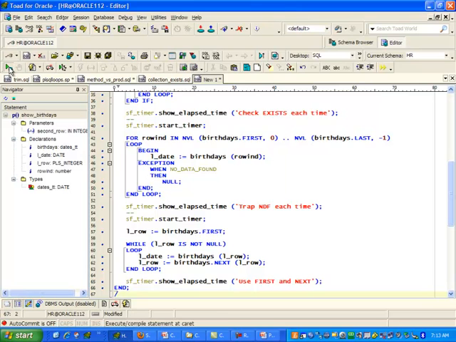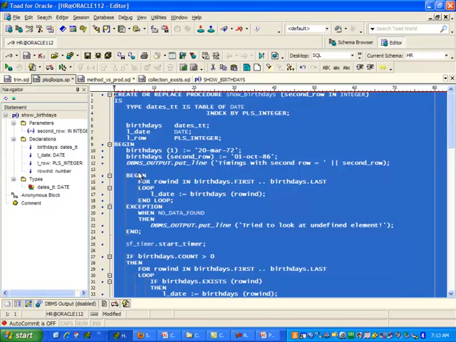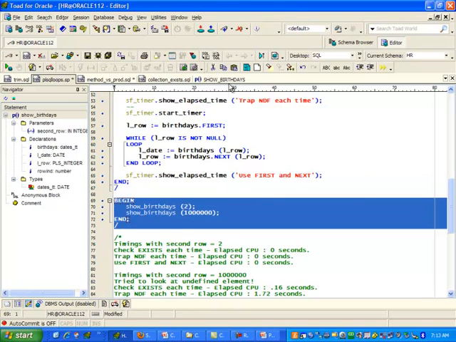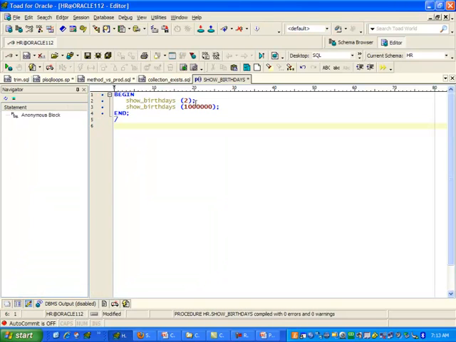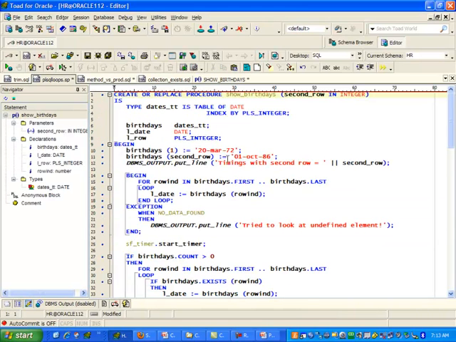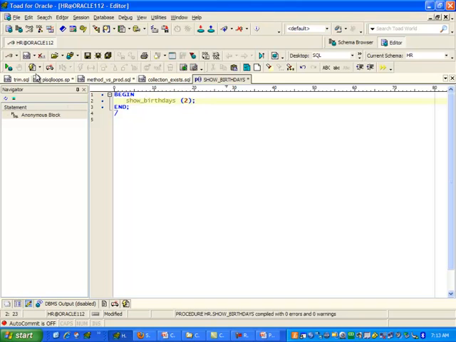So I'm going to create my procedure, and then I'm going to run it. Now, first of all, let's just run it for show birthdays 2. Because I'm passing in 2 for the second index, notice that my collection is densely filled 1 to 2, so first to last doesn't have any gaps in it. So when I show the birthdays,